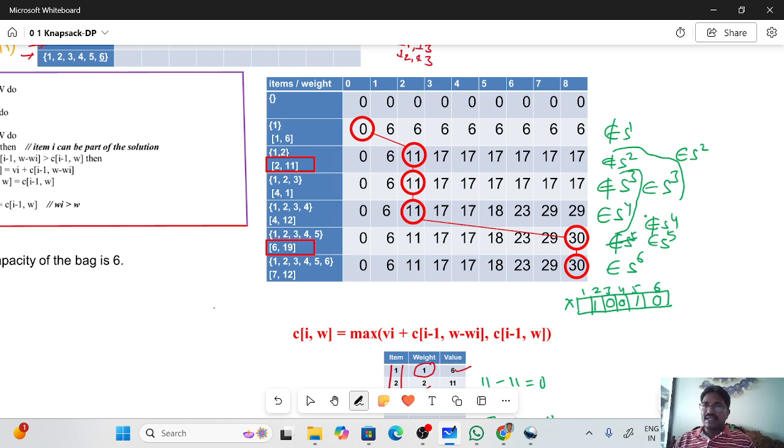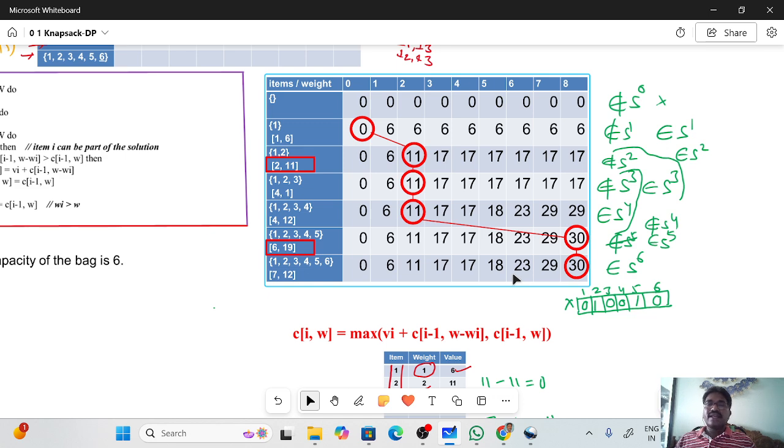Now we check it. 0 belongs to S1 and 0 does not belong to S0. False. When it is false, x1 is also not possible to place. Already we reached item 0, so we stop. Then this is our solution vector. In this way we solve the 0-1 knapsack problem